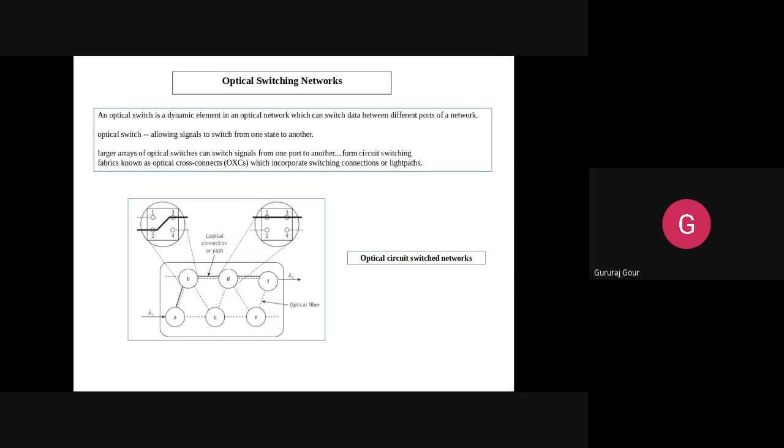So in the previous class, we were discussing optical switching networks. We dealt with this in detail with respect to optical circuit switch networks, where the path is established before the call has been made. There we have seen the different nodes having different functionalities. For example, here node P is acting like an optical cross connector and node D is acting like a direct connector between the nodes. How the connection has been established, we have discussed already.